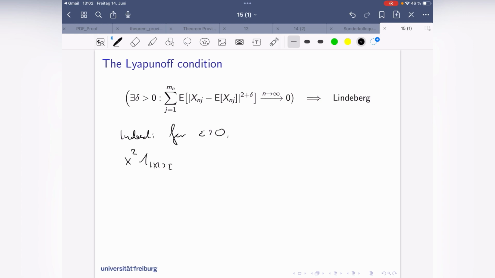And I can bound this because here I only consider the x's which are bigger than epsilon. I can bound it like this: x to the power 2 plus delta divided by epsilon to the power of delta, indicator x is bigger than epsilon. So why is that? When you multiply this to the other side, you have something to the power of 2, that's the same, and something to the power of delta. But on the event that x is bigger than epsilon,